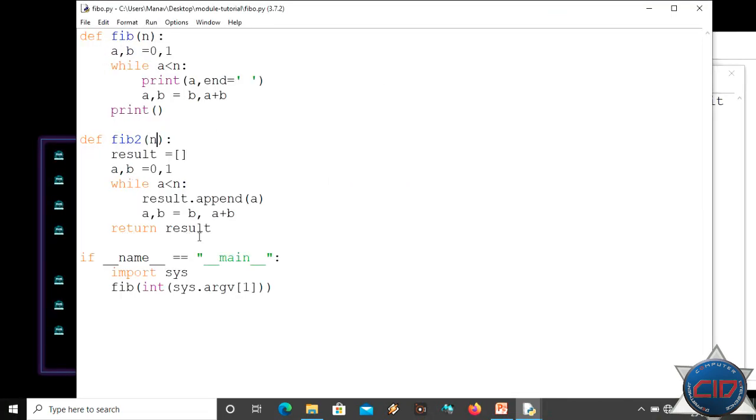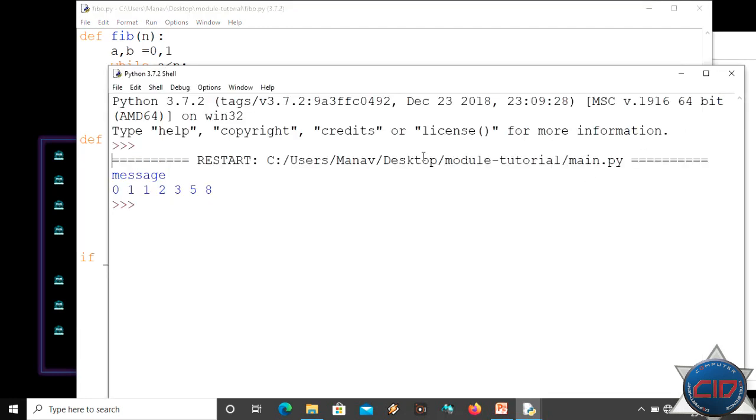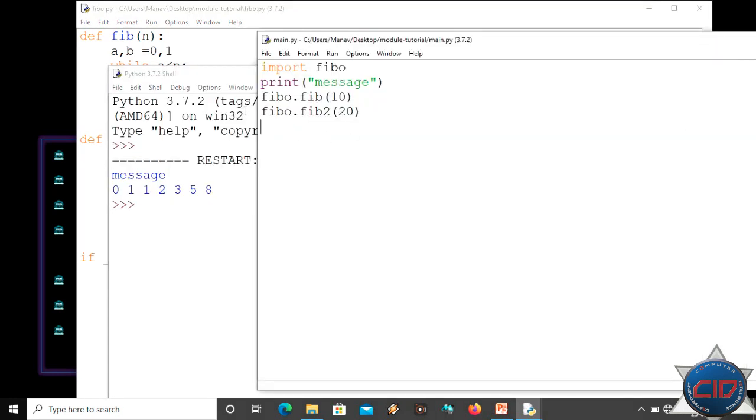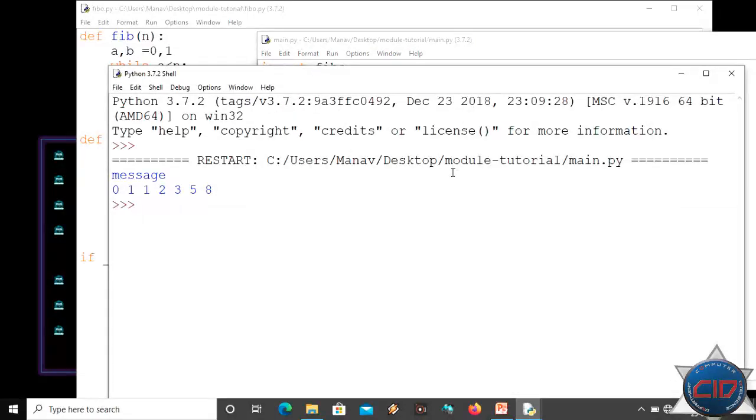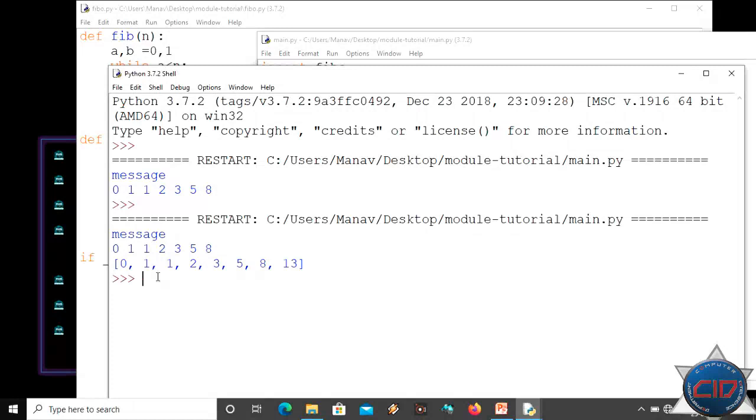just returning a result. So I will have to get that result. So let me get it in Fibonacci. Okay, and now I will have to print that. So let me print Fibonacci. Okay, and now let me save. Now you can see it is printing the list of Fibonacci series for n is equal to 20.